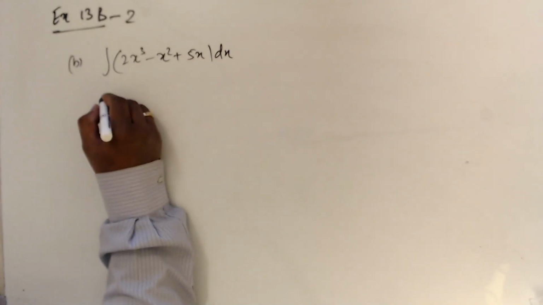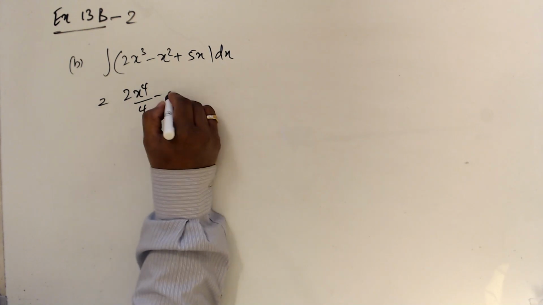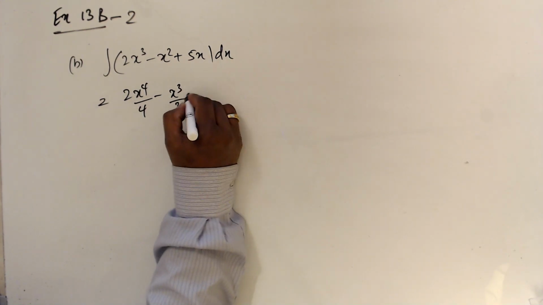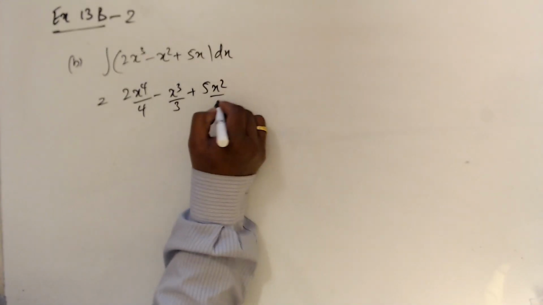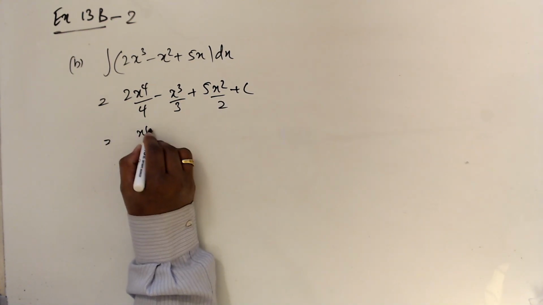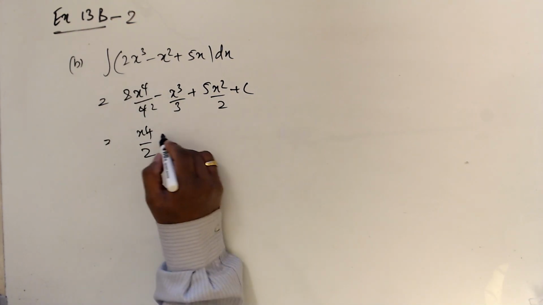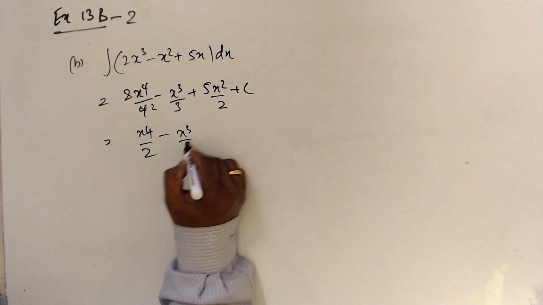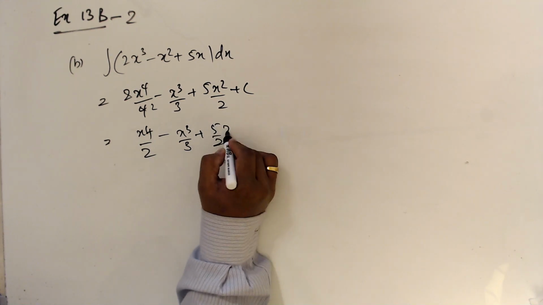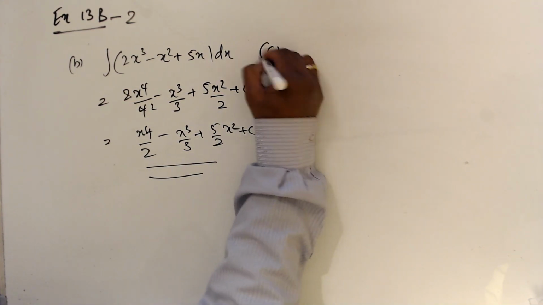So this is going to be 2x^4 over 4 minus x cubed over 3 plus 5x squared over 2 plus c. So this is x^4 over 2. The 2 and 2 cancel out, and this is x cubed over 3 and 5 over 2 x squared plus c. That's all we can do on this. And c,